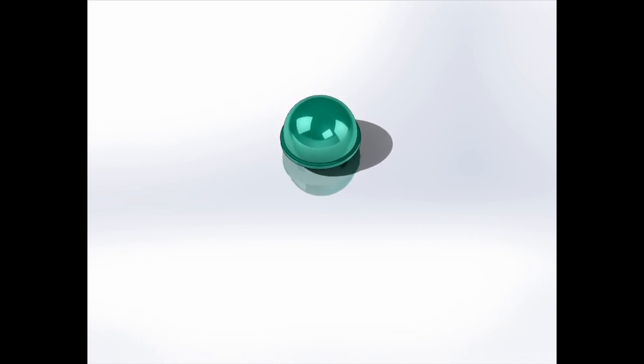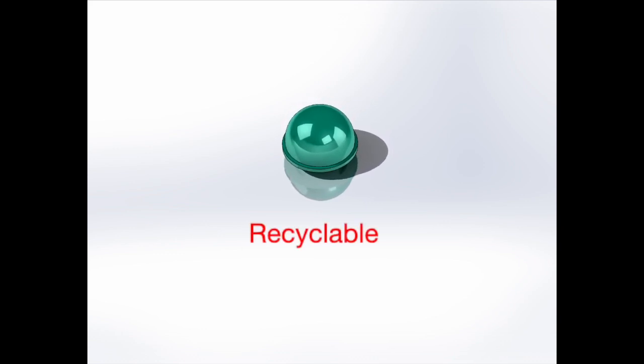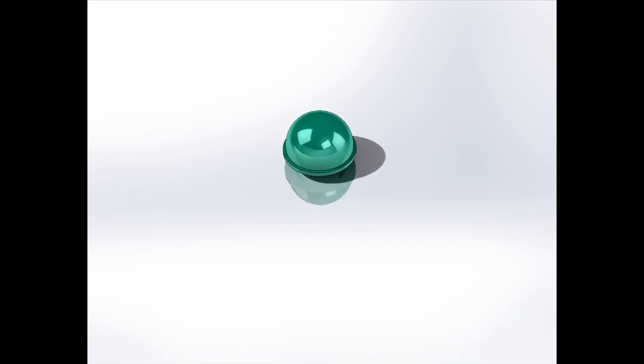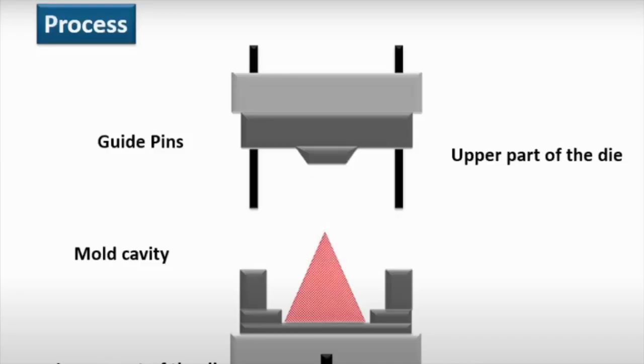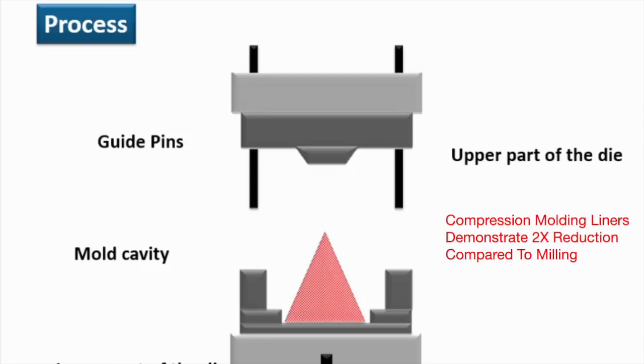Although it is often replaced more than its metallic counterparts, design for sustainability is proven through the fact that it is a recyclable material. One way to produce the liner is through compression molding of the polymer. After its manufacturing, it is often cross-linked to improve the mechanical properties and then sterilized for the human body. According to a 1995 PubMed study, compression molded liner shows a 2 times reduction in wear from machined liners. We will now take a deeper look at this fascinating manufacturing process.